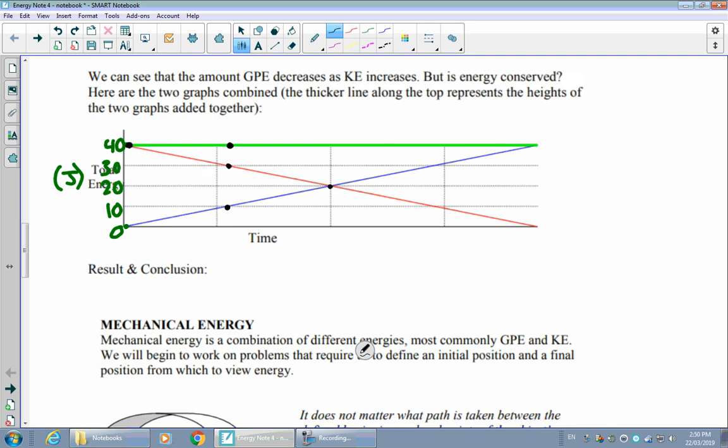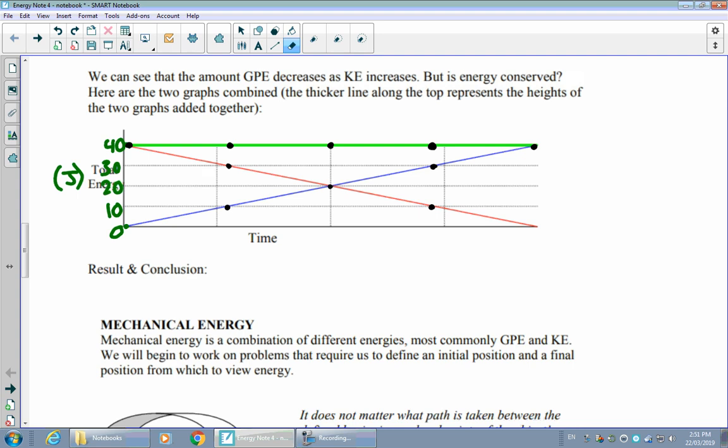At some later point in time, let's say right about here, well, the red and the blue actually intersect. And that's telling you that both the kinetic and the gravitational are each producing about 20 joules of energy. Well, 20 plus 20 is 40. So at that point in time, if we wanted to plot the total energy, it would really just be 40 joules still. And maybe a little bit later on, at this point here, we have 10 joules left of gravitational and 30 joules left of kinetic. When we add those together, we get, once again, 40 joules. At the very end, we're now at 0 joules of gravitational plus 40 joules of kinetic. When we add those together, we get 40 joules in total.